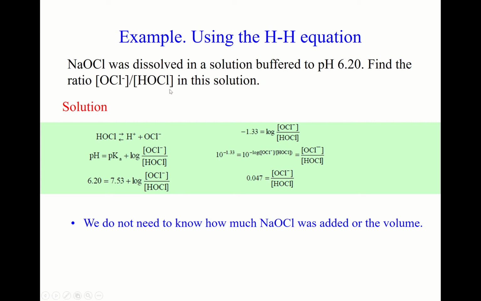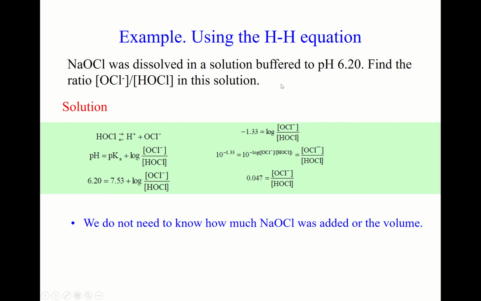We start from the acid form. Hypochlorous acid is a weak acid. It dissociates into a proton and hypochlorite ion. For this one, we can write the Henderson-Hasselbalch equation like this: pH equals pKa plus log of the ratio of hypochlorite and hypochlorous acid concentrations. And pKa is already known,